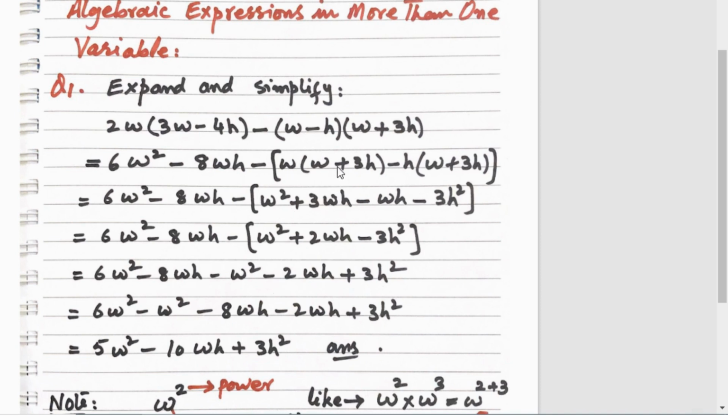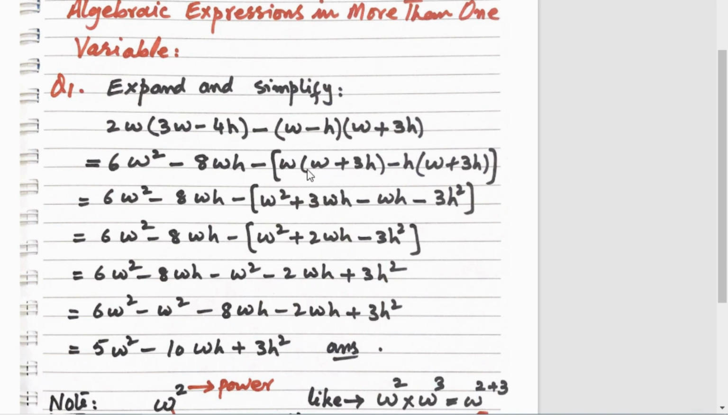How? W into w, because minus is outside, it has no concern with the internal terms right now. Right now we are just doing the whole process inside the big brackets. W into w is w square, plus w into 3h is 3wh,